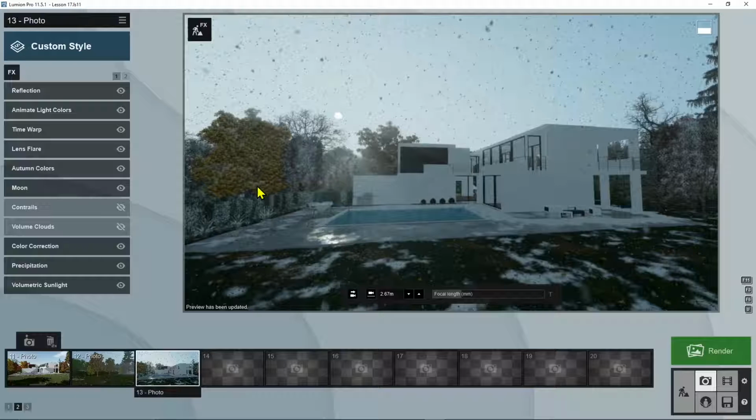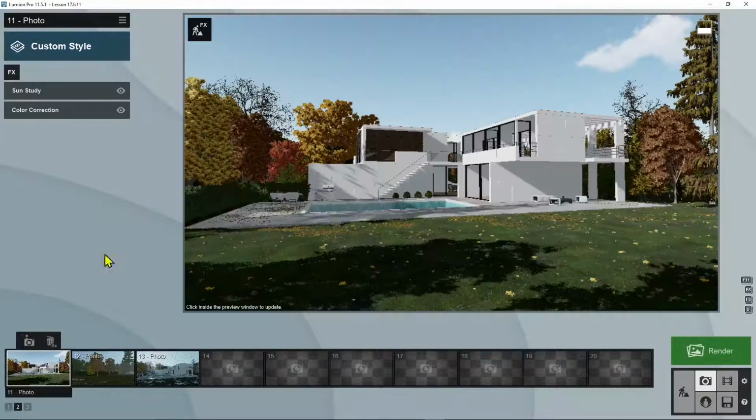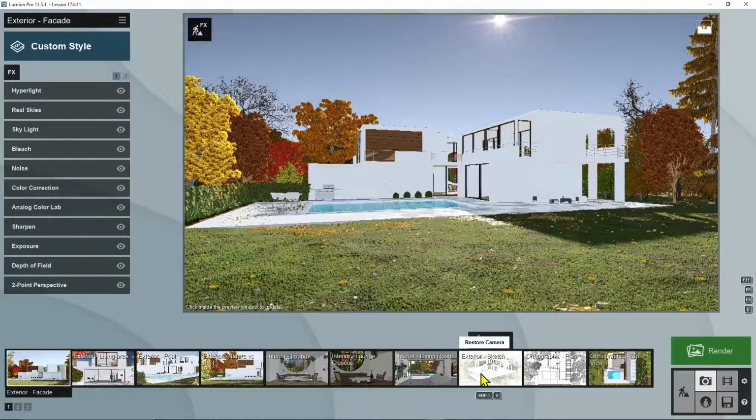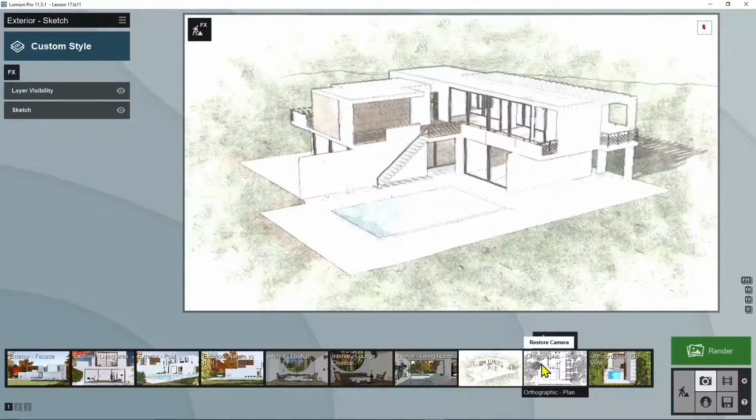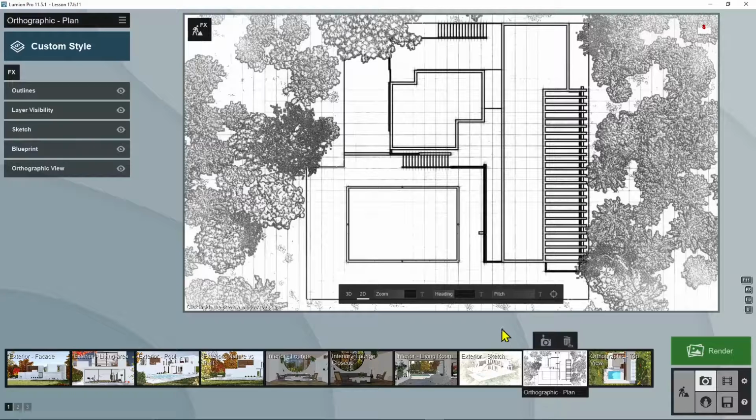So these are really pretty realistic again, and in other 3D software to do all of this could be really difficult, while in Lumion everything is really easy and automatic. So we will go through many different effects, and we will cover all the other effects that we didn't cover in the previous videos. So previously we talked about artistic effects and sketch or technical effects, and there are